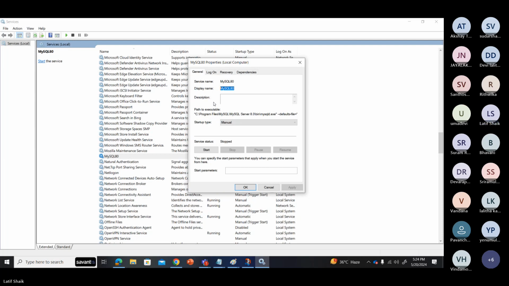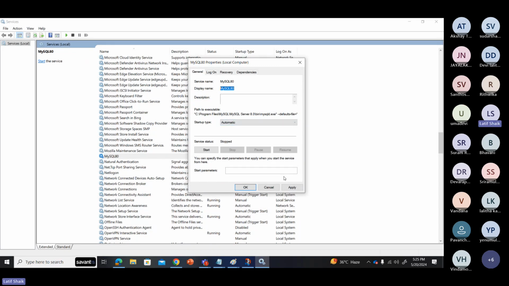When I do MySQL class or MySQL related work, I require this application there. Otherwise, it's not required. For example, if I put a startup type of automatic for this application,